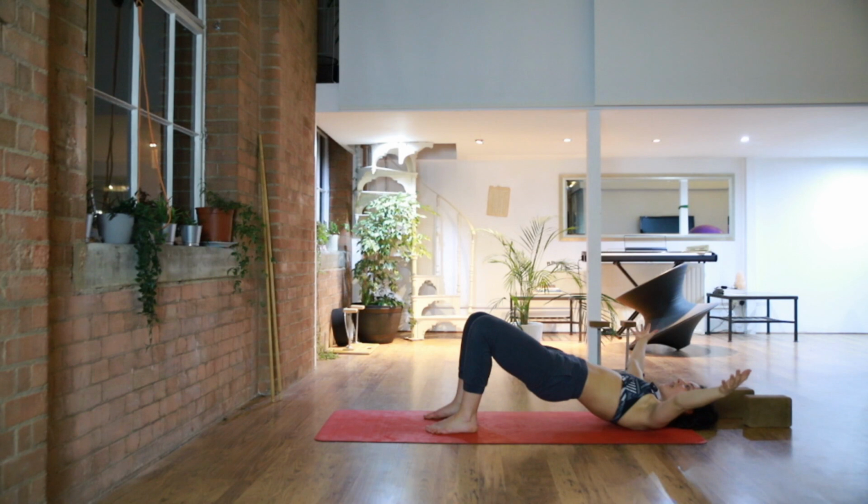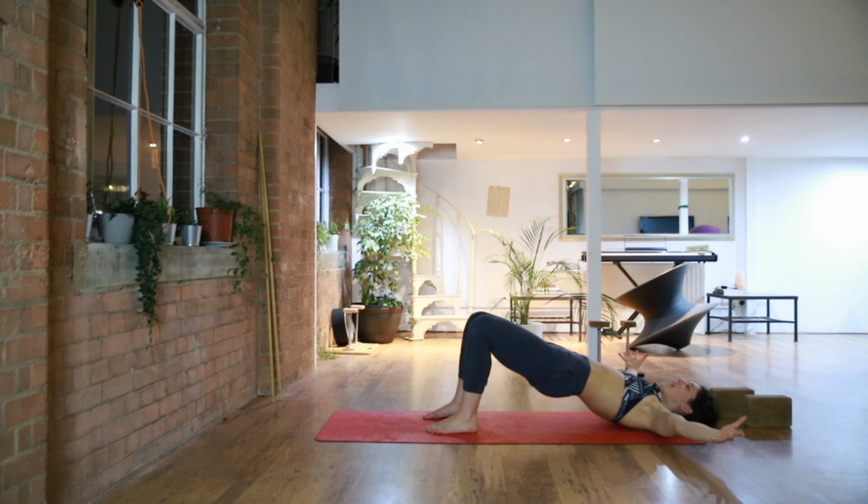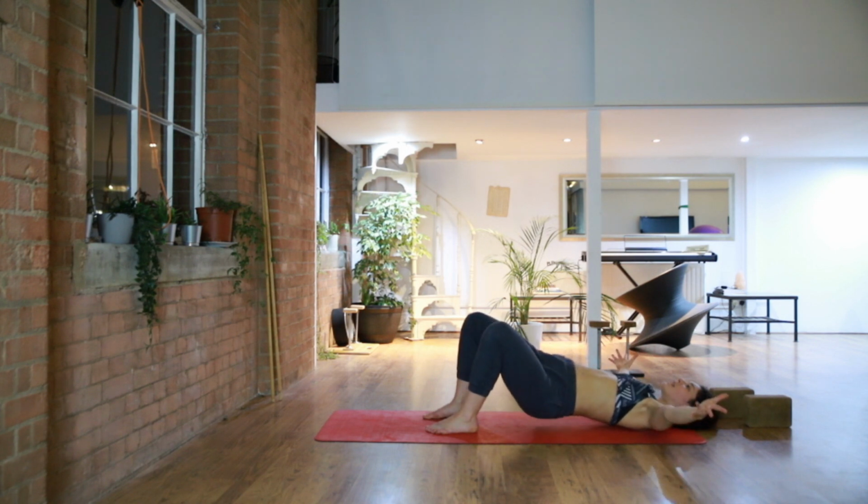Good, so just allow the hands to just circle in your peripheral, maybe even trying to take them a little bit further out, maybe increasing the range of your peripheral. Good, keep those hips lifted, ribs down. Really nice. Now from here, maybe just pausing with the arms and now starting to just move the hips from